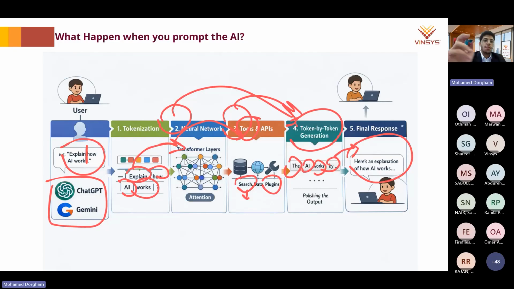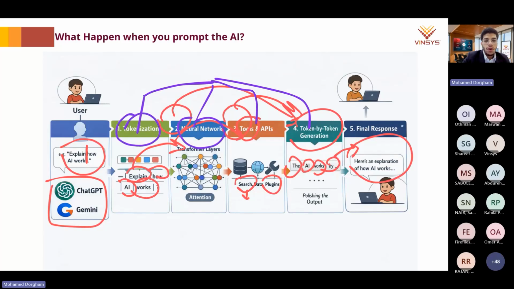Okay. Now, I just want you to understand these three main processes. We have here 1, 2, 3, and the part that's responsible for these processes is what's called the LLM, the brain.